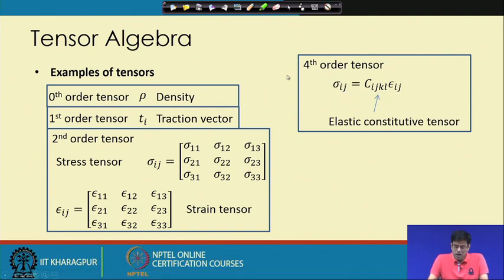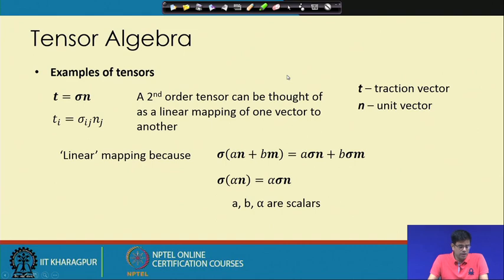Now, if we see examples of tensors, for instance the traction vector, we can write Cauchy's law, if you have gone through solid mechanics, which is sigma n. So, n is the normal. If I write it in indicial notation, T i is sigma i j n j. Now,